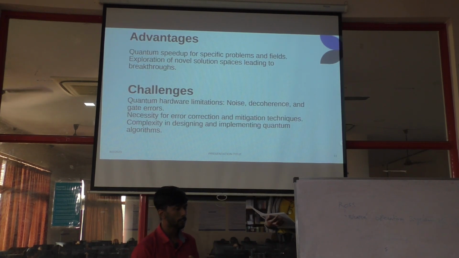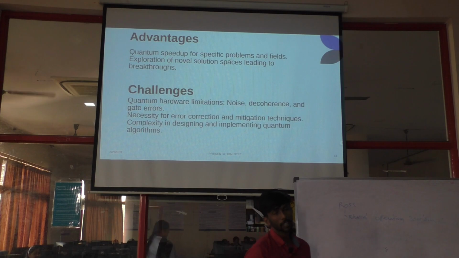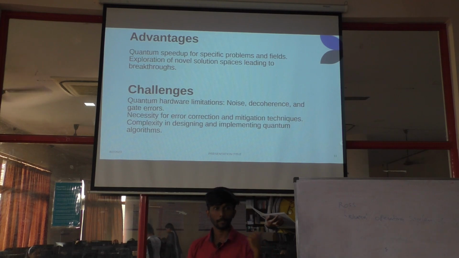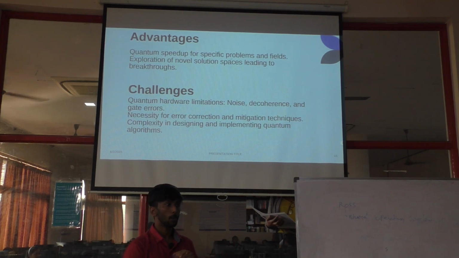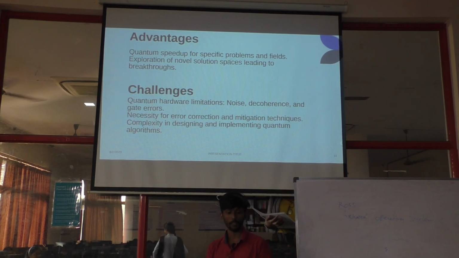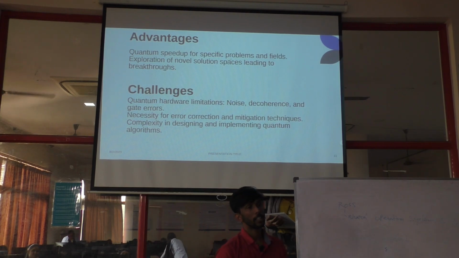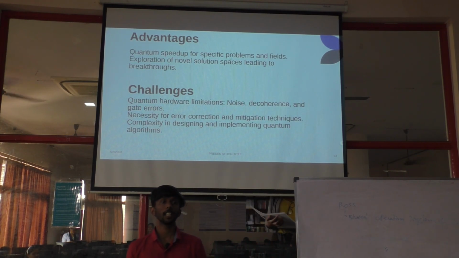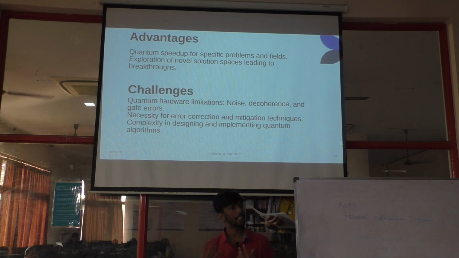Now the main advantage of this is, as I've told you before, a smaller search space. Of course, right now there is a huge number of challenges out there. As I discussed in the earlier session, there are huge quantum hardware limitations. Right now noise is a huge problem, and it requires a lot of error mitigation techniques. Also, there is a lack of good quantum machine learning algorithms. We have simple QSVMs and other things which are straightforward, but we need much more complex quantum machine learning algorithms to actually see some practical use cases.